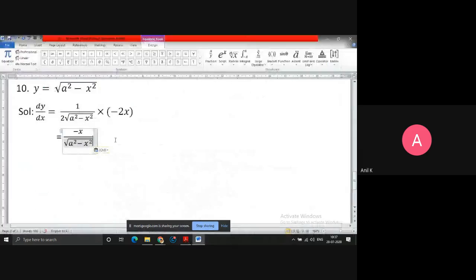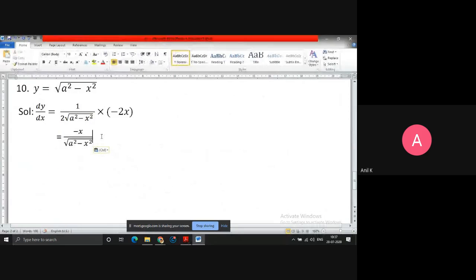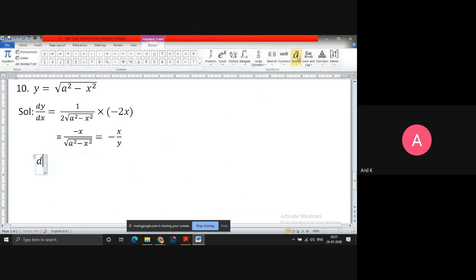Okay, I think we are done with it. Which is equal to, you can put minus x upon under root a square minus x square. That I can replace with y, because that's what they have given. Under root a square minus x square is nothing but y. Now what do you have finally in the answer? Dy by dx, let me insert the equation. Dy by dx is equal to minus